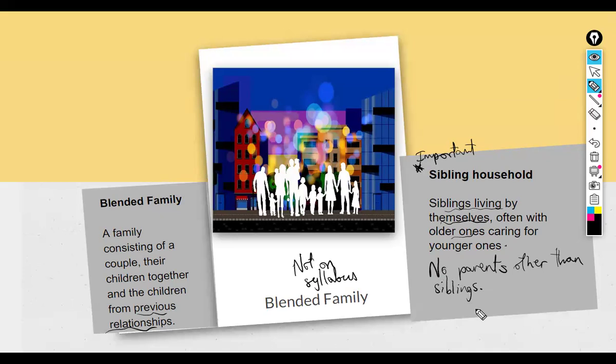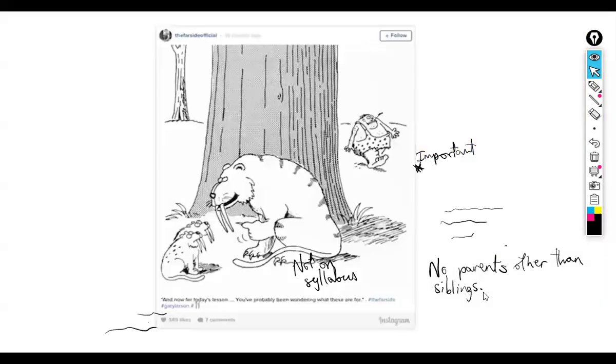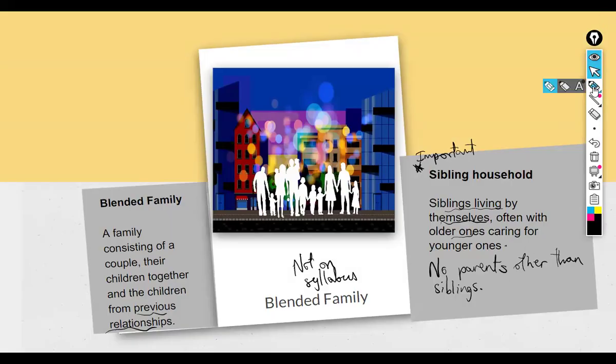What else about them? Why does this situation arise where it ends up being older brother or sister taking care of younger brothers or sisters? Yeah, the parents could have died, right? So causes, I'm gonna write these up here. Death of parents,